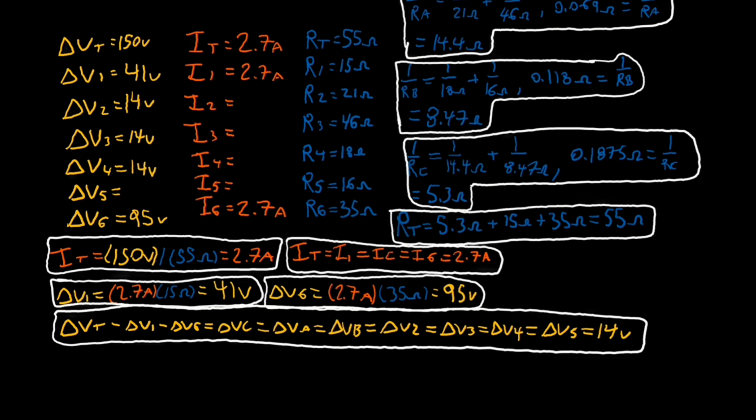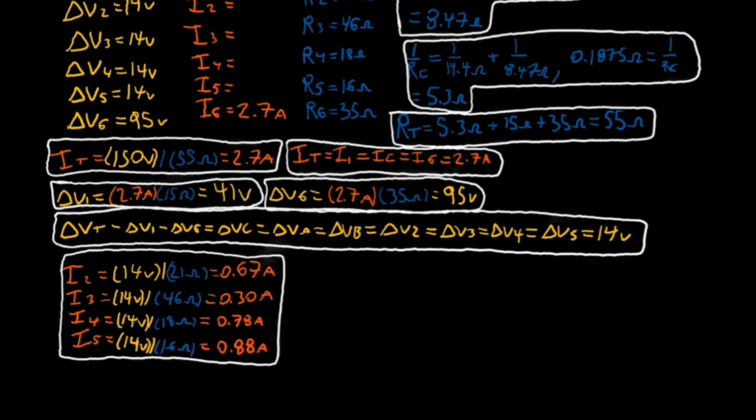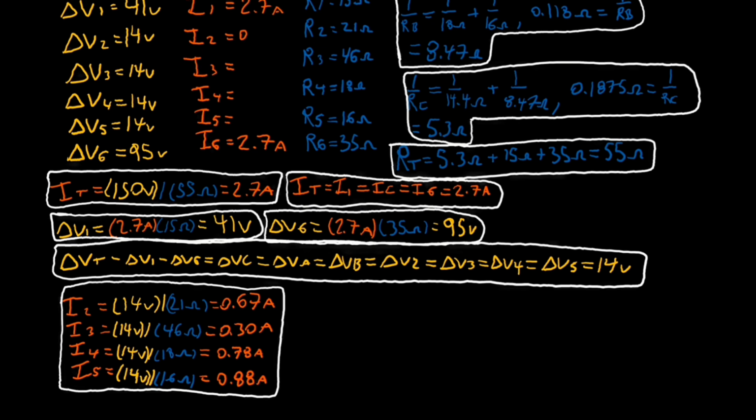And now all we have left is I2, 3, 4, and 5. And so I2 equals 14 volts divided by 21 ohms equals 0.67 amps. I3 equals 14 volts divided by 46 ohms equals 0.30 amps. I4 equals 14 volts divided by 18 ohms equals 0.78 amps. And I5 equals 14 volts divided by 16 ohms equals 0.88 amps. Now just to confirm, we can add them up, and it equals just under 2.7 amps, so we know that